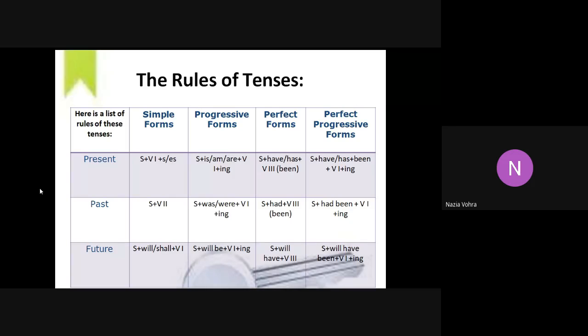Any doubts, guys? Ma'am, still little bit confusion between simple progressive perfect and perfect progressive. Can you explain in simple way? Which two did you say? Yes, tell me. Ma'am, perfect and perfect progressive. Okay. See now